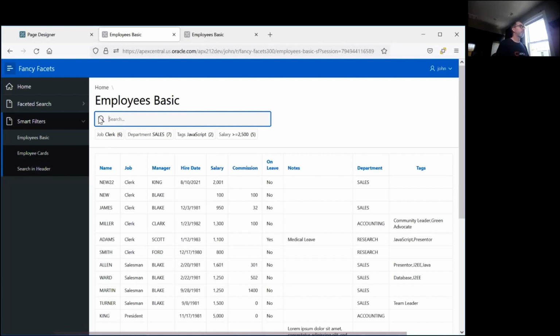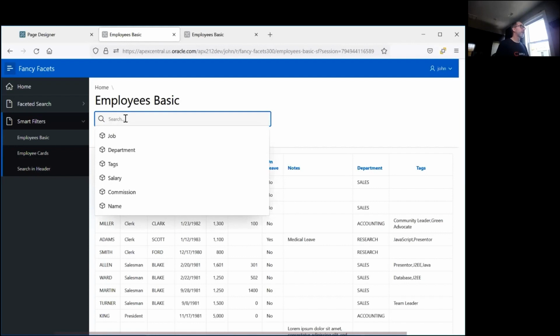So there's two parts to it. Basically, there's the search bar, and then underneath there are suggestion chips. When you click into the search bar, you'll see a drop down that at first shows you all of the filters that have been defined. So we'd see job, department, tags, and so on. When you start typing,